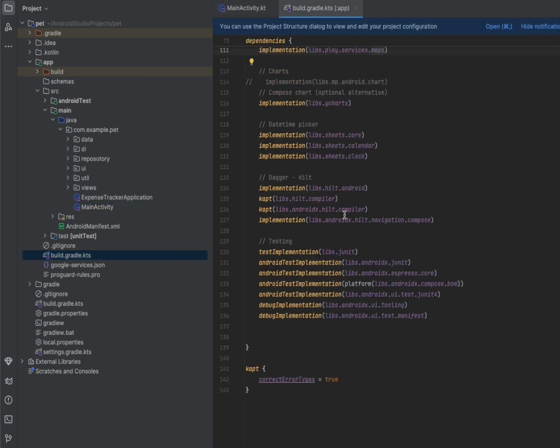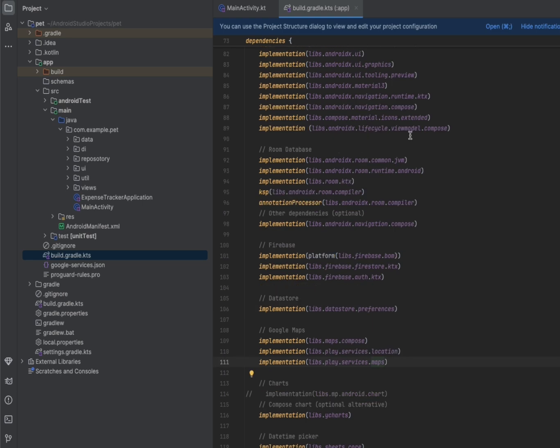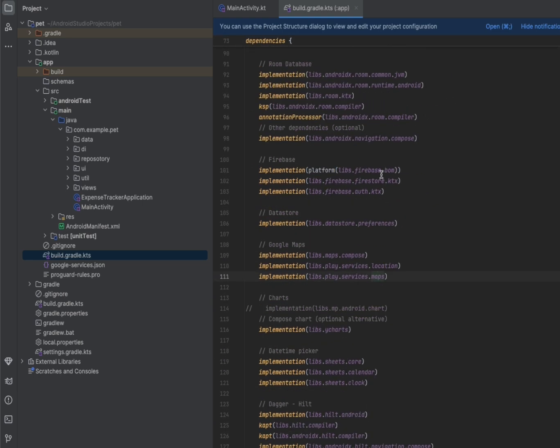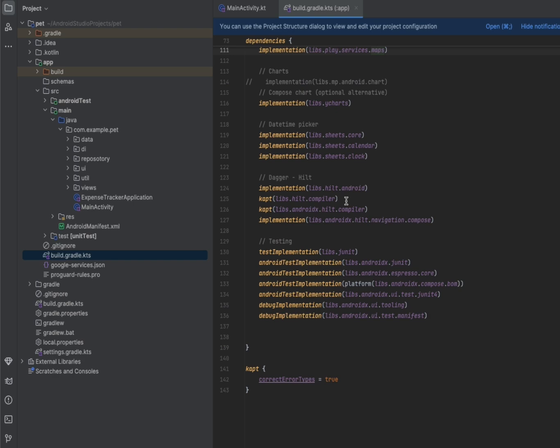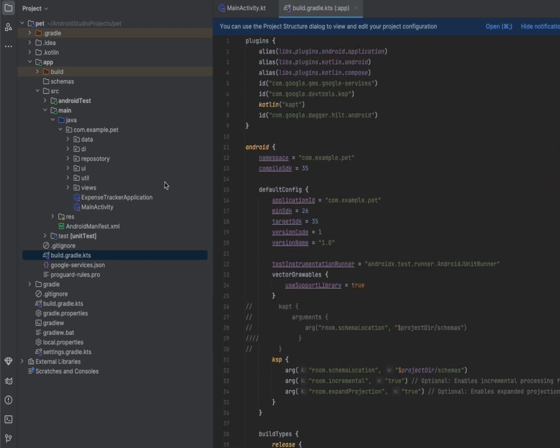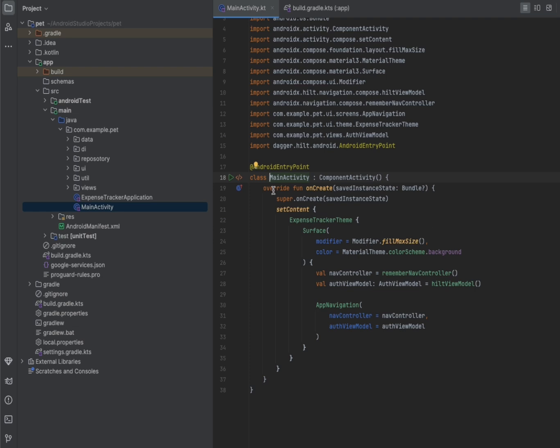need to go to build Gradle to sync dependencies. We need to add the dependency and sync it. There's a place where we have to install the dependencies. Then coming to the main activity, it has the expense tracker theme, as I told you, and this main class